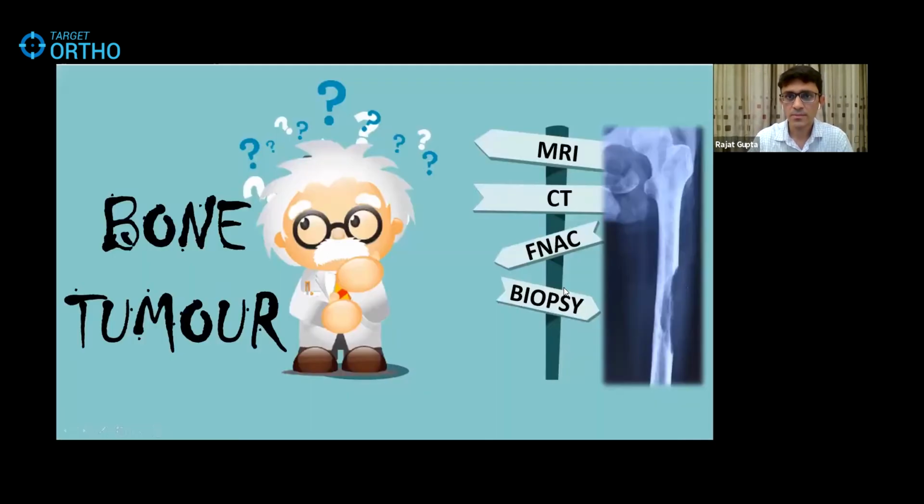We all know the basic principles of tumors: no unplanned surgery should be done, things should be biopsied, and so on. But when we actually see a patient with a bone tumor in our OPD, or come across an X-ray like the one on your right, we tend to get confused about how to approach these patients, whether to get an MRI, a CT, a PET CT scan, or an FNAC or a biopsy, and so on.